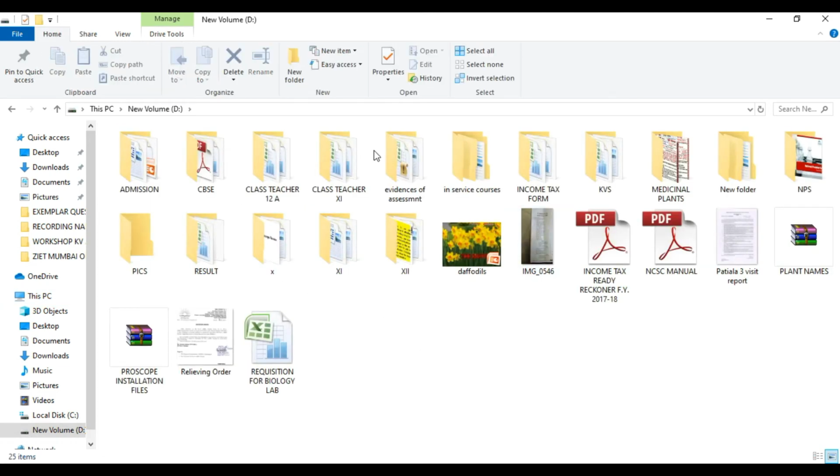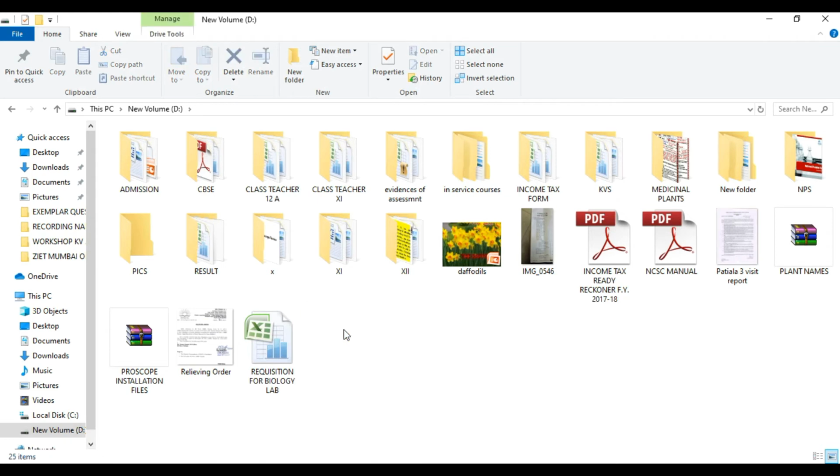Now as you can see here, there are many files and folders in my drive D. Now to create a new folder, there are two ways. Either you can click this new folder icon. So a new folder is created, you can rename it.